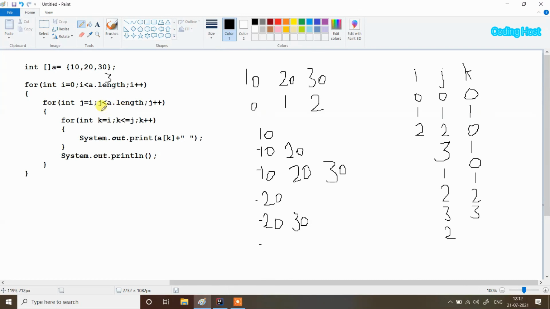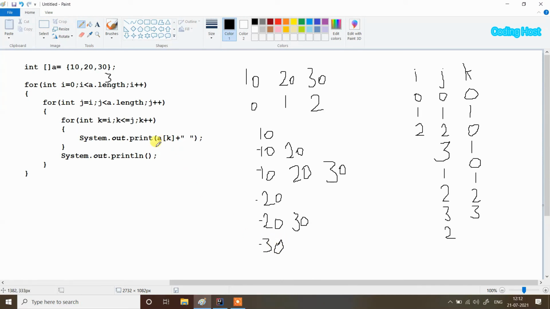Yes, true, and here we again go into this last for loop, int k equal to i and k less than or equal to j. So i is also 2 and j is also 2, so it will only print the last element at index 2, which is 30. So in the output we will get 30.